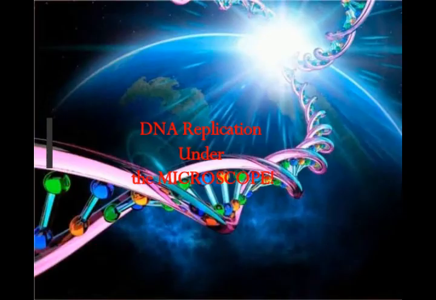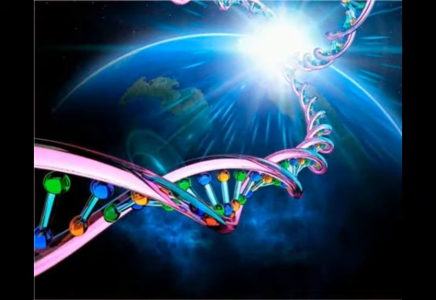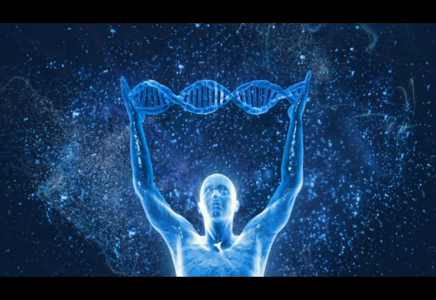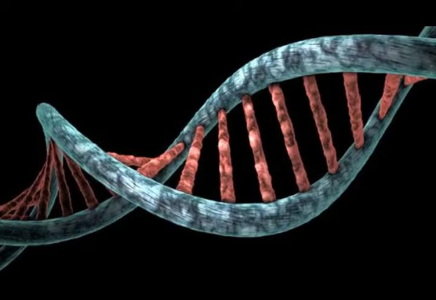DNA replication under the microscope. This is by King Abdullah University of Science and Technology. Cryogenic electron microscopy, cryo-EM for short, has enabled researchers to study how the DNA replication machinery assembles at sites where DNA is damaged. Cellular DNA is continuously exposed to both endogenous and exogenous DNA damaging agents, such as reactive oxygen